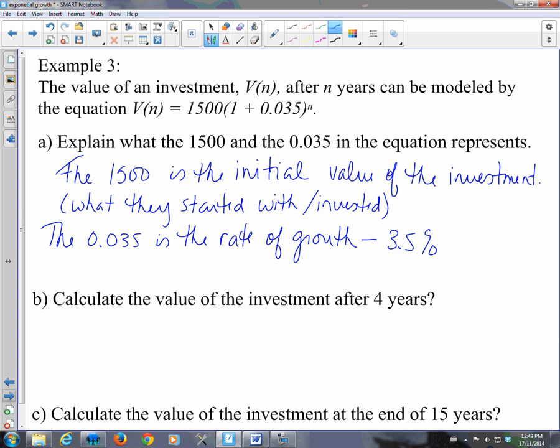If I want to calculate the value after 4 years, I take out my n and I put 4. So 1,500 times 1.035 to the 4. So 1,500, got my calculator going, times 1.035 to the exponent 4, which leaves the investment worth